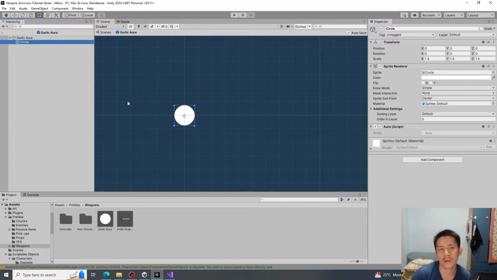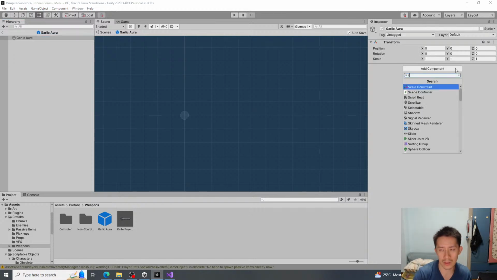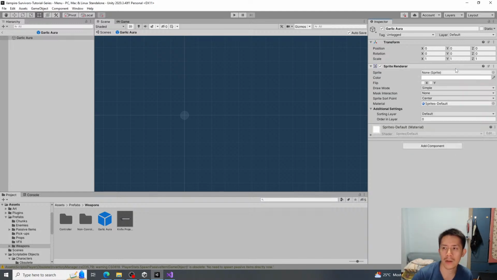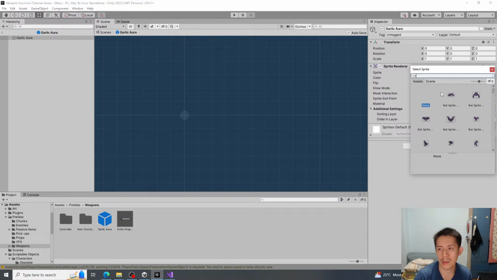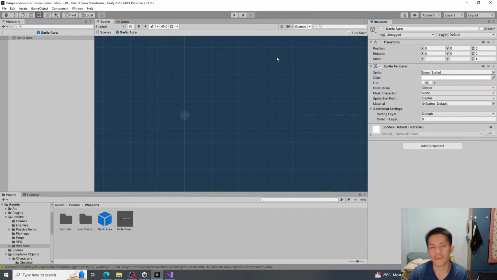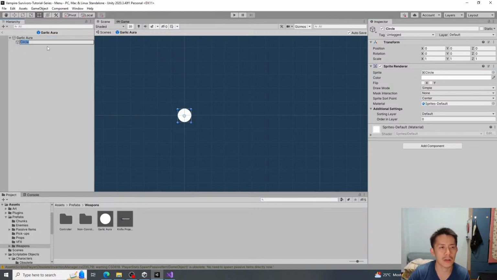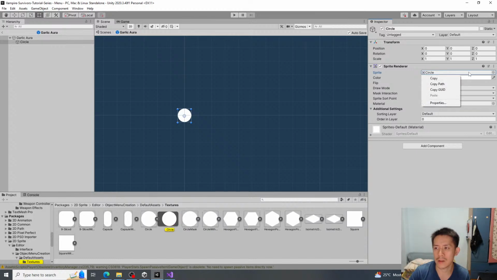Oh, my bad. This circle should be inside here. So sprite, and then circle. How do I get a circle? Sprites, circle, let me get this circle over here, copy,